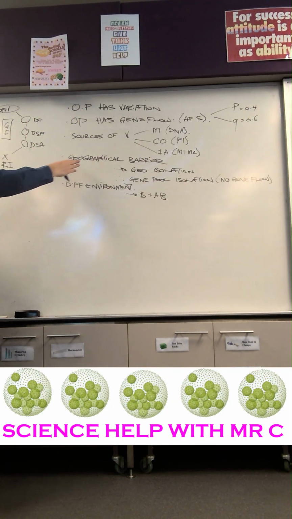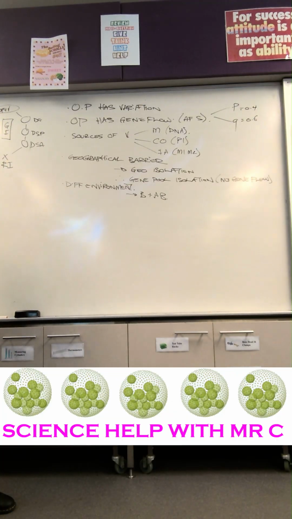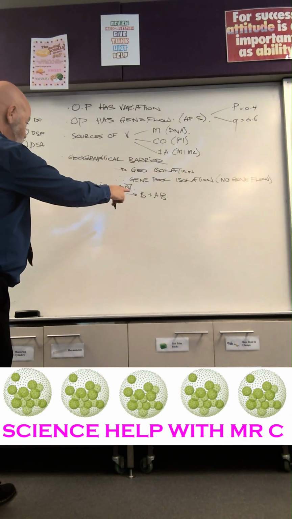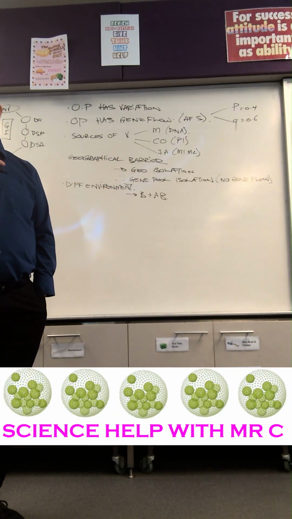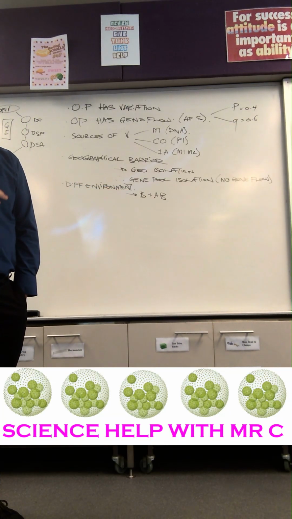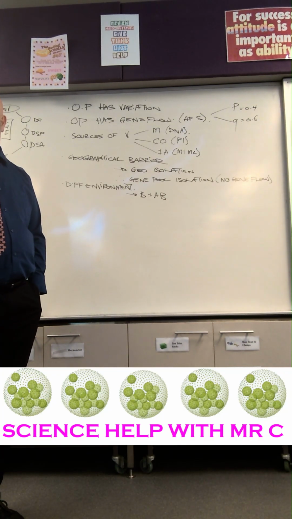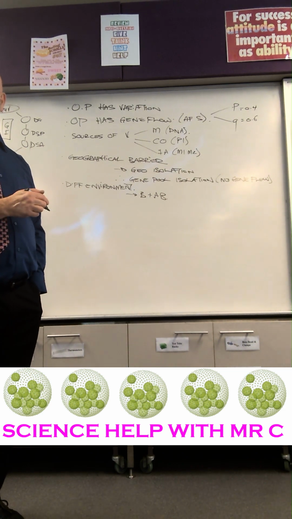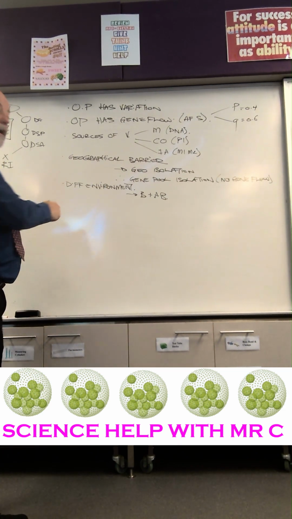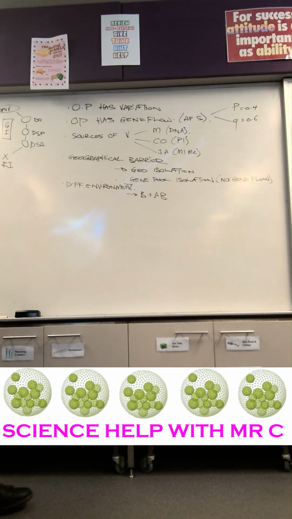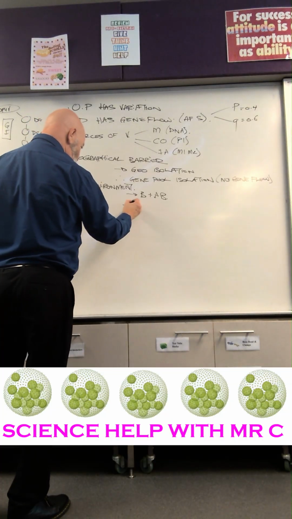When you're mentioning the geographical barrier, pick something sensible, hopefully to do with the question. If it shows you something that lives on land like a goat, pick a mountain range or a river. Now, what can separate things in the ocean? Land bridges, whether a river mouth opens or closes. An island. You just need to think. All right? Different environment, therefore you've got different combinations of biotic and abiotic factors. Right? Therefore, you're going to have